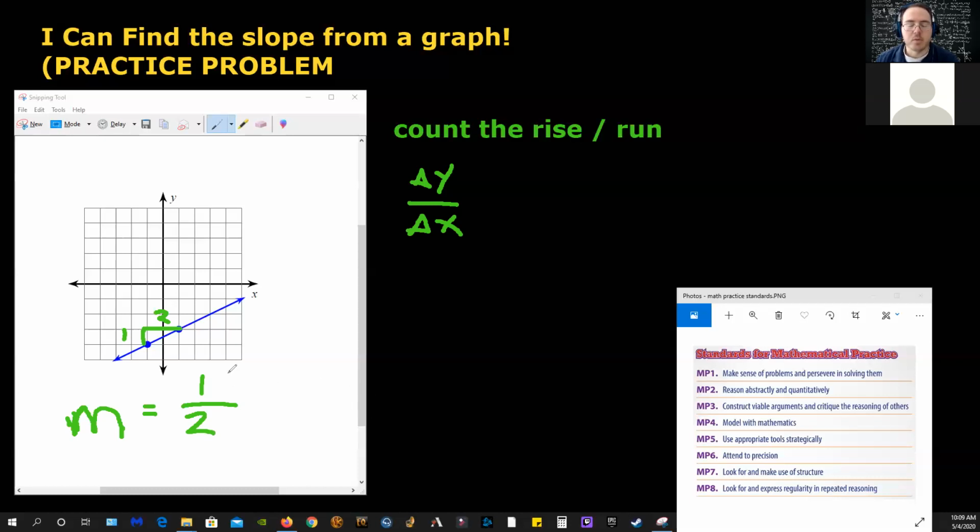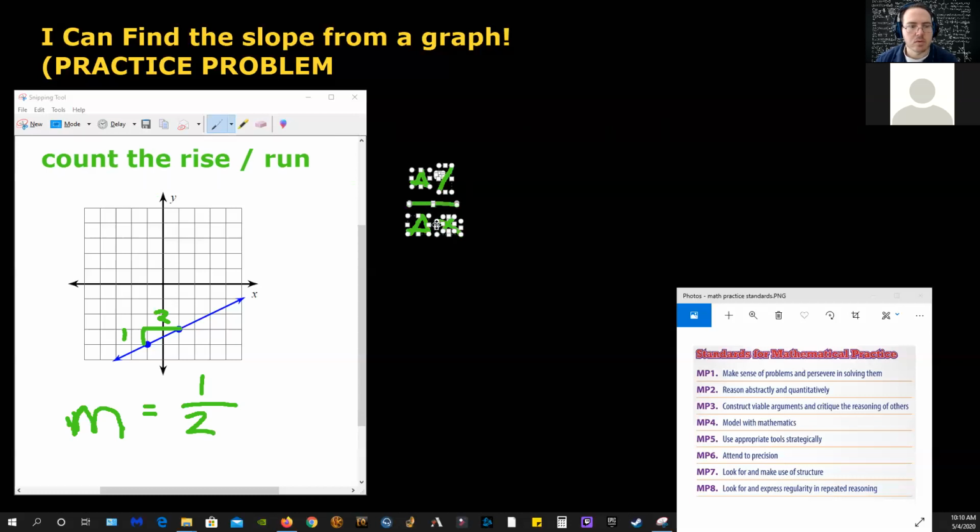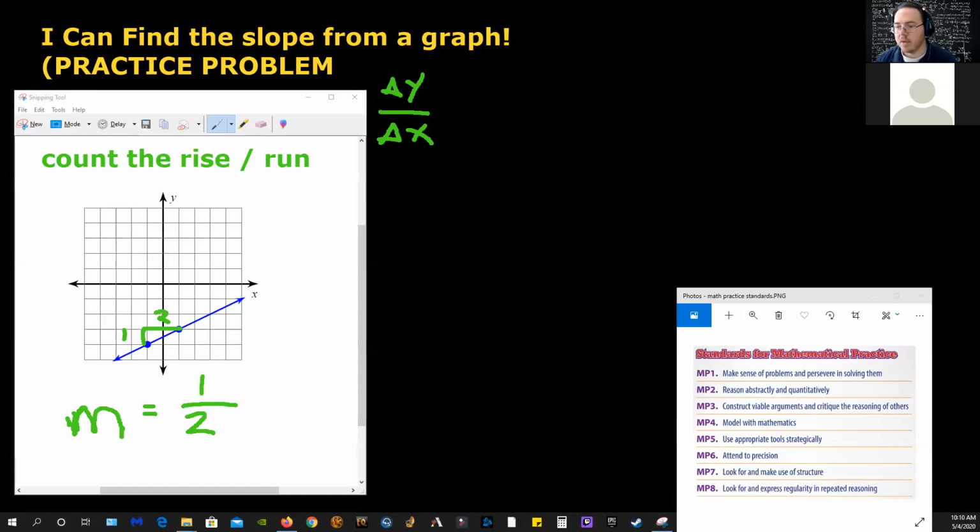So the slope of this one would have to be 1/2, okay? Now, the question that will be part of your answer this week, because you're going to get a picture of a graph maybe, and then you'll also get, so if you're having to, this will always apply. So let's actually make this into a problem. So let's say that this was the picture you got, and you were asked to compare that to,